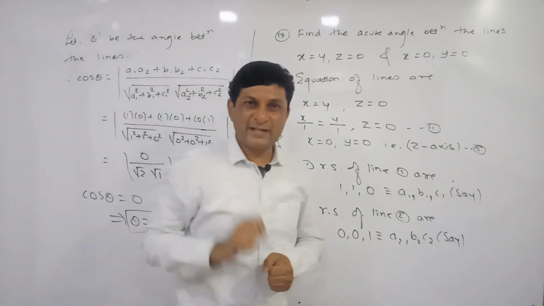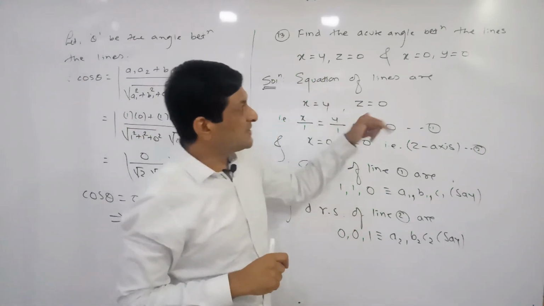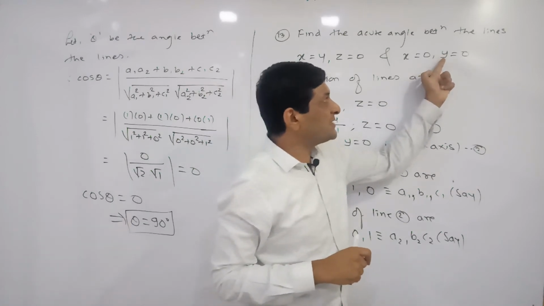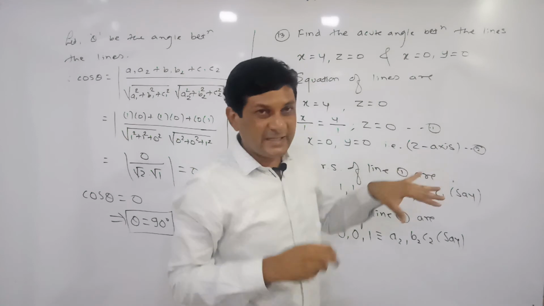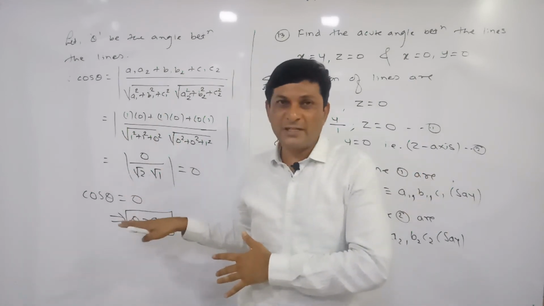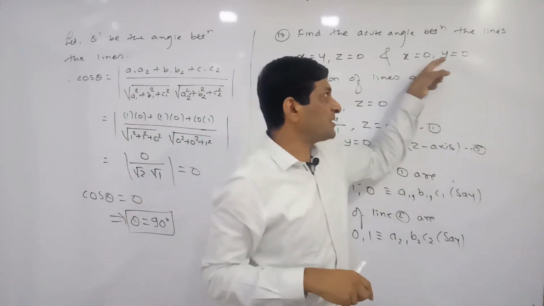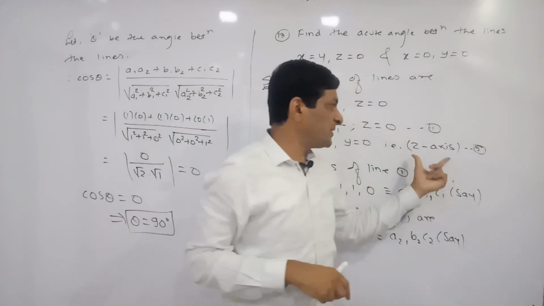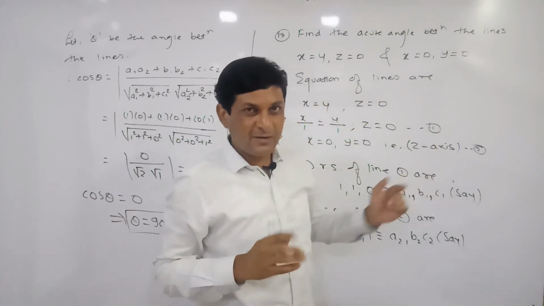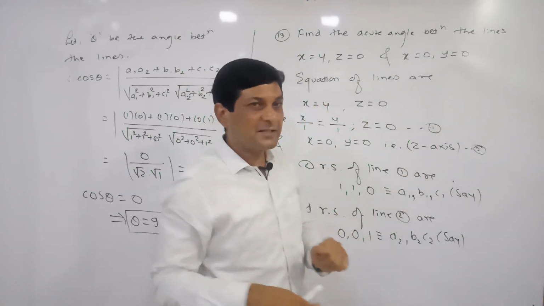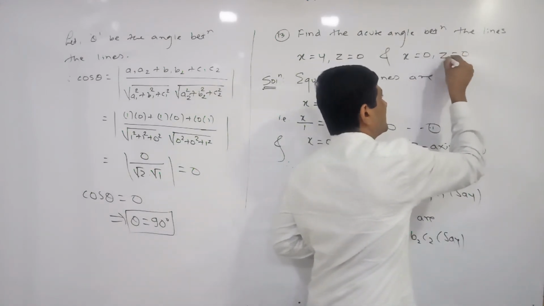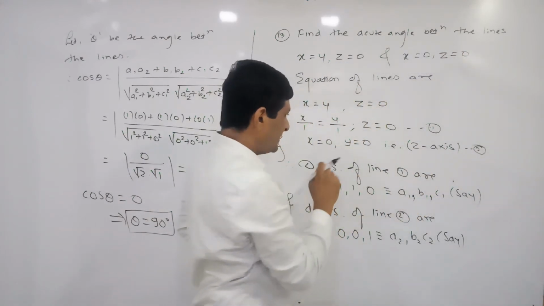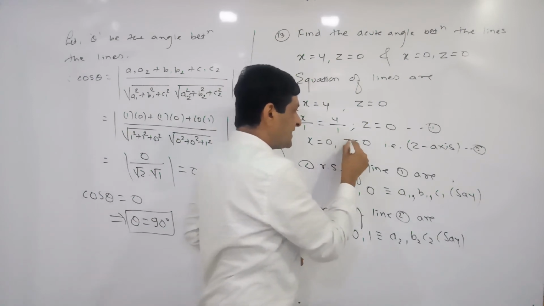So one small correction is there. While copying this example, instead of z is equal to 0, I have copied here y is equal to 0. But the solution which you have got is according to the equation y is equal to 0, that means according to the z-axis. But now, as this stands, the example is x is equal to 0 and z is equal to 0. So make the correction here. So x is equal to 0 and z is equal to 0.